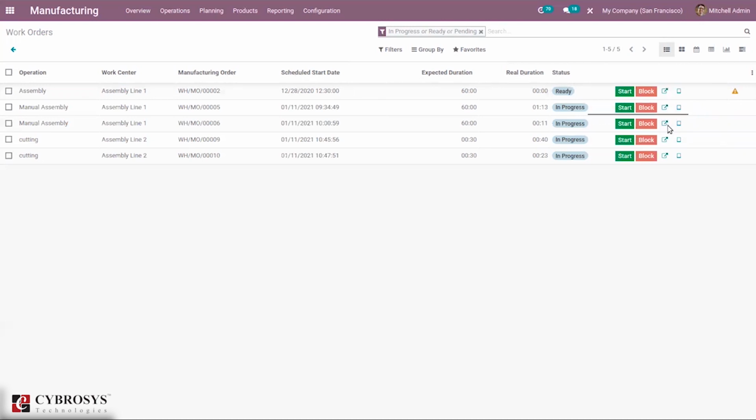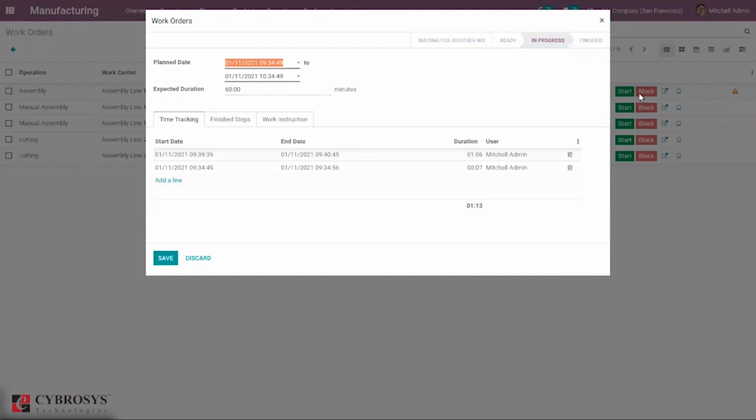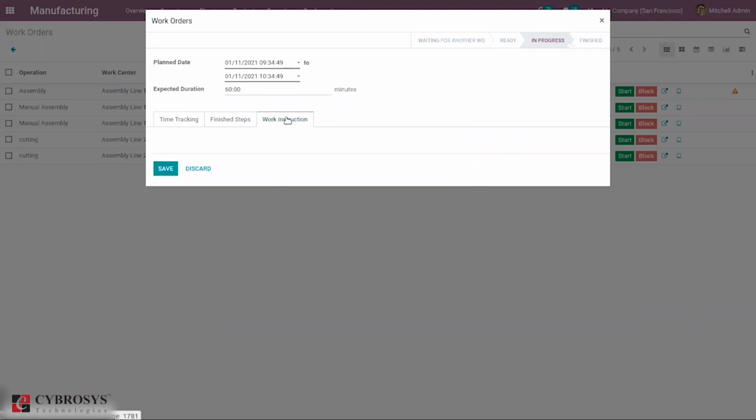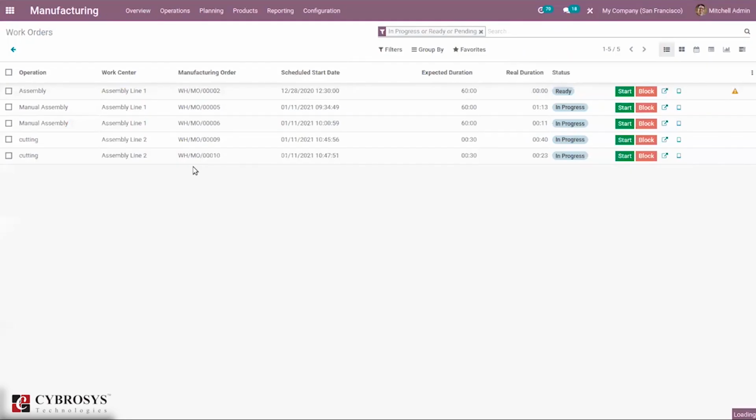Then if some of the work orders are in progress state, we can just start it. Then it is also possible to view, when you go to the external link, the plan date, expected duration, then time tracking details, then finished steps of that work order, then work instruction can be added and viewed here.